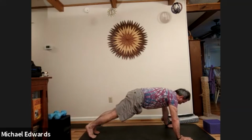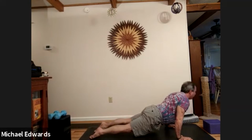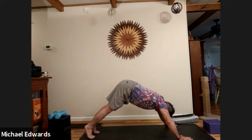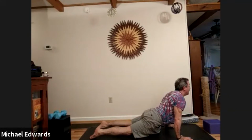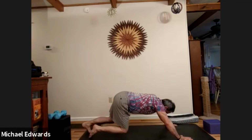Inhale, plank. Exhale, chaturanga. Inhale, back bend. Exhale, down dog. Inhale, plank. Exhale, chaturanga. Inhale, back bend. Exhale, down dog. You can either keep doing